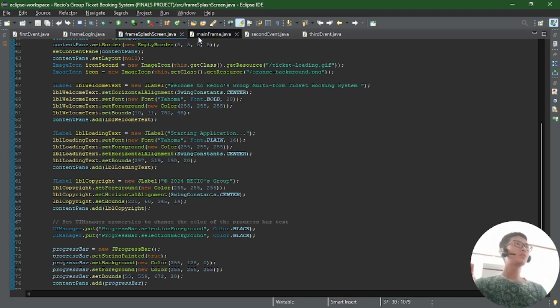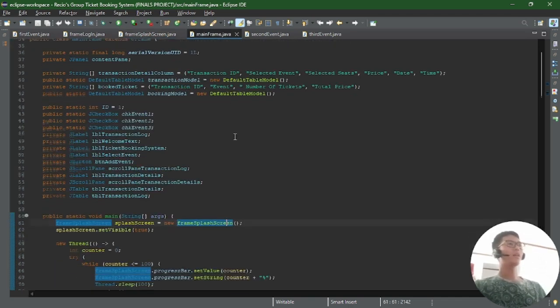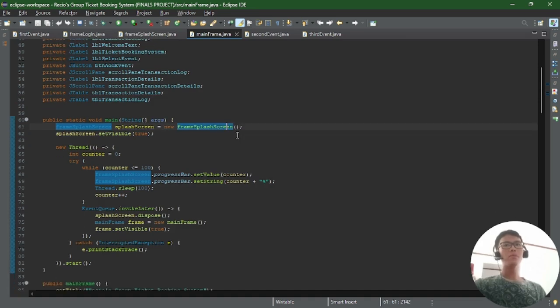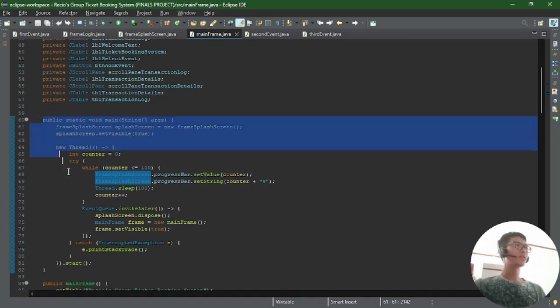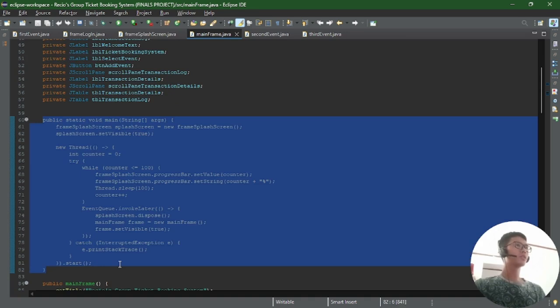When it comes to our mainframe file, I put the following codes in our main method, which is the code that I'm highlighting, that runs our program. The main method initializes and displays the splash screen by creating an instance of FrameSplashScreen and setting it visible.